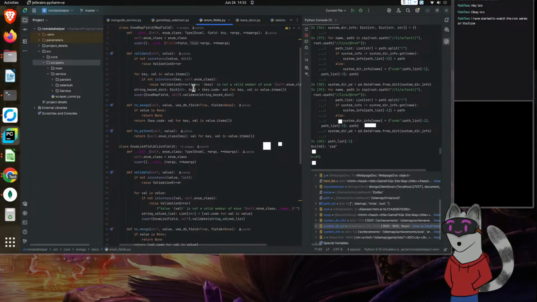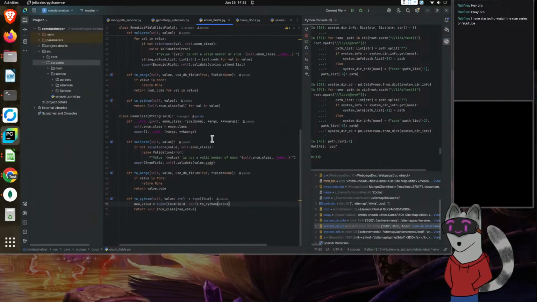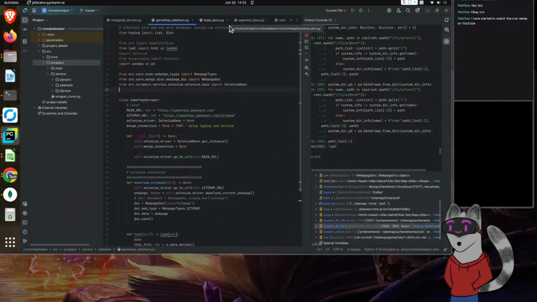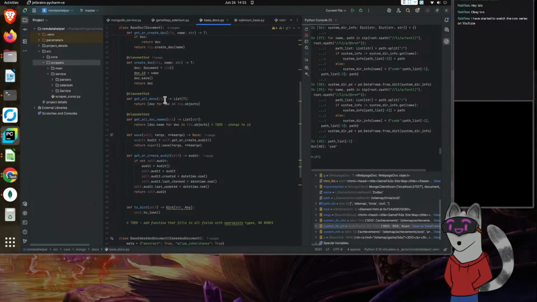Either way, our enum fields are all working, so we don't have to worry about that. For our base documents, we have a large chunk of it working. Yeah, we need to change this to ID. Since we fixed the ID issue, we should start changing all of these.